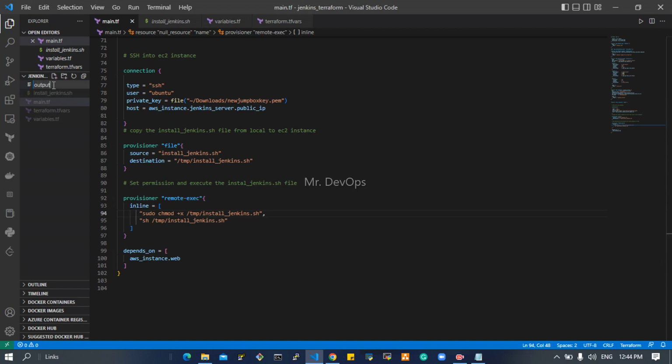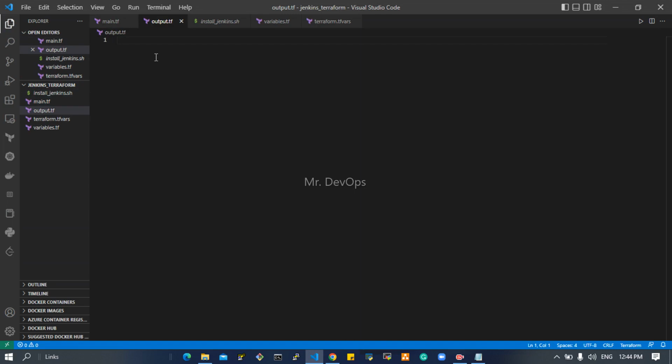Here you can create an output.tf file, or simply write it in the main.tf itself. That is not an issue, but let me follow at least some basic principle. Jenkins URL will be the name of the output, and value,